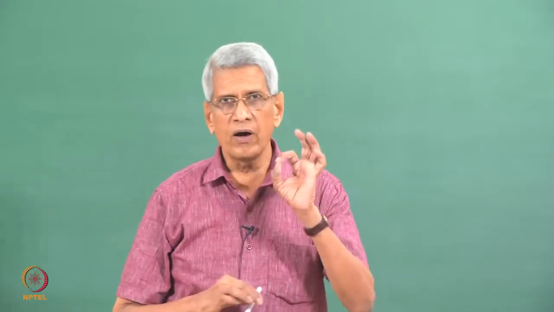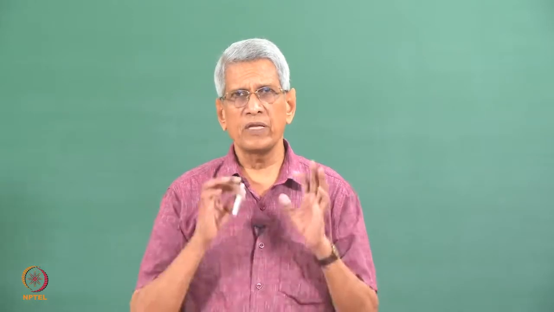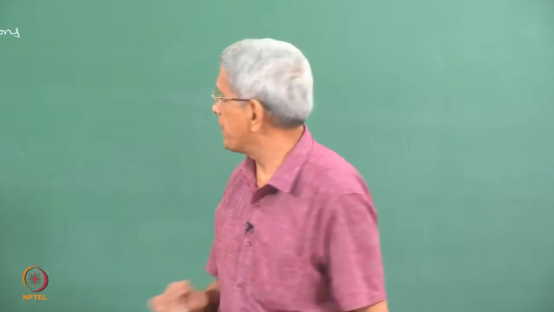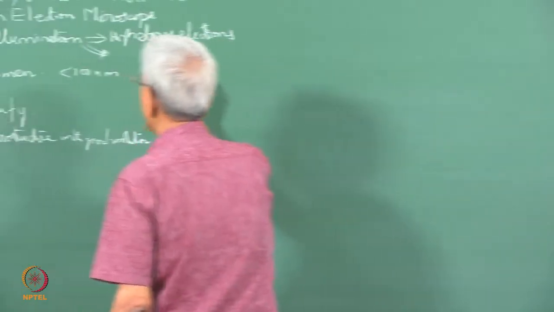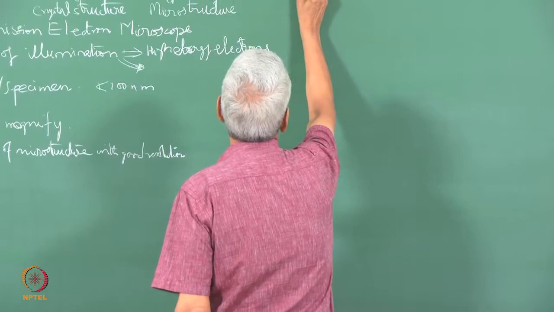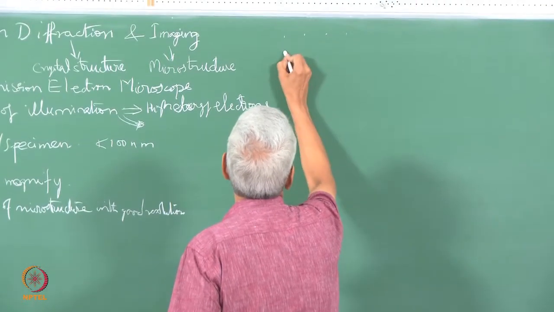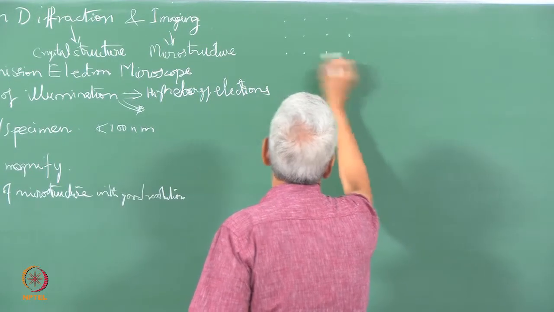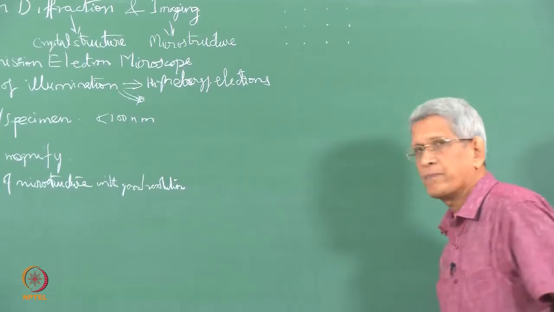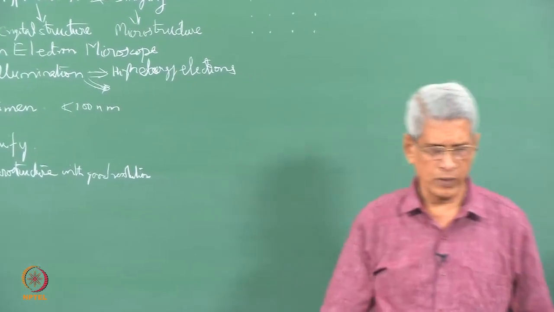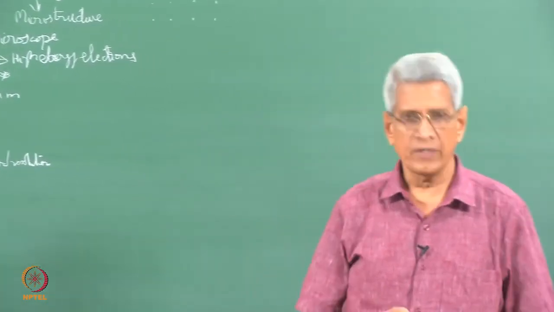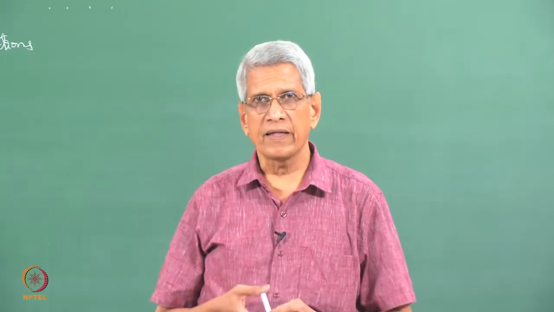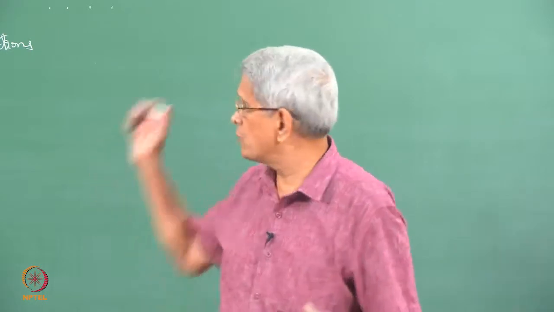And for this process to occur, there are many ways in which we can consider the sample. What are the ways in which we can look at that sample? One, we can look at the sample as consisting of some point scattering centers which are distributed at some periodic intervals in the 3-dimensional lattice. Each of these points has some particular scattering power, and this is called the atomic scattering factor. That is one way to look at it.